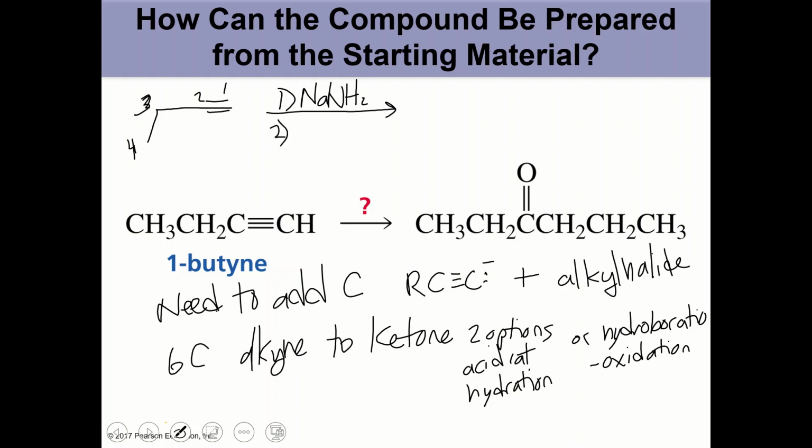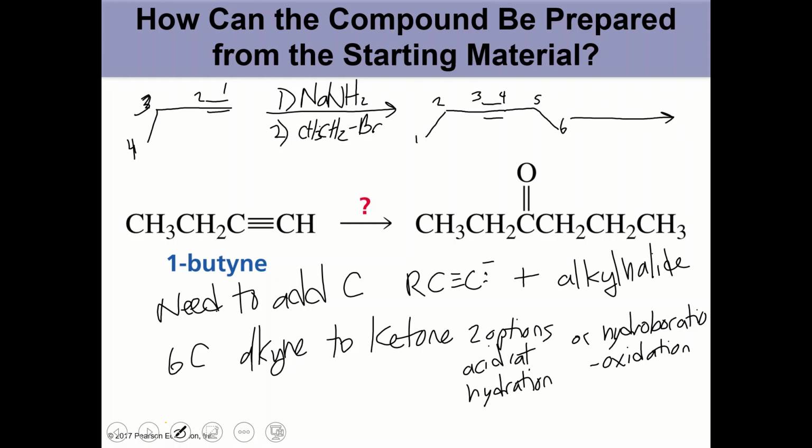So step 2, I'm going to have ethyl bromide. All right, and that will give me the 6-carbon alkyne. So I need to add 1, 2 carbons. Notice that it is a symmetric alkyne, so it will produce only 1 product. From the 6-carbon alkyne,